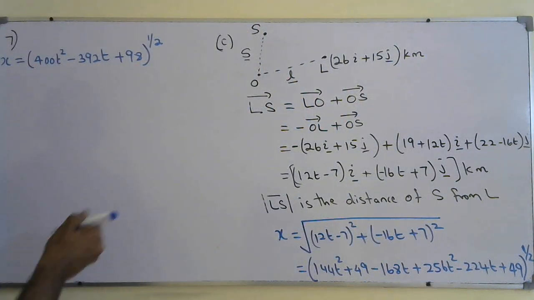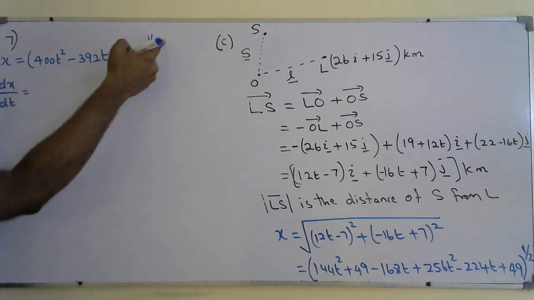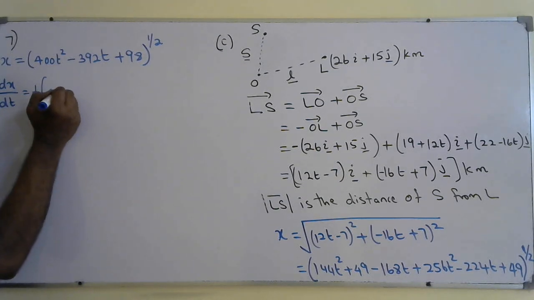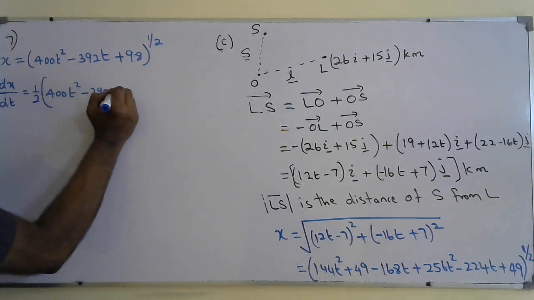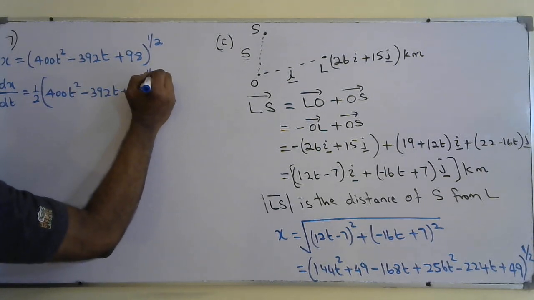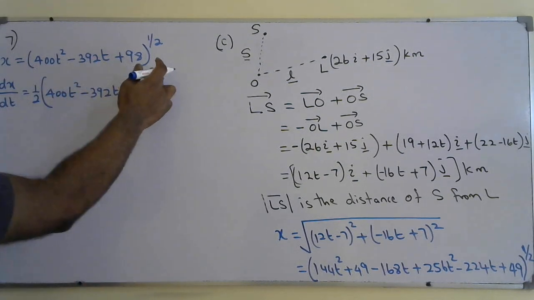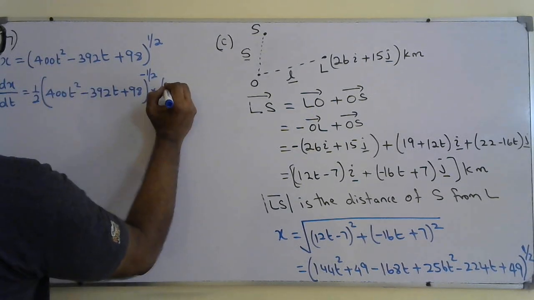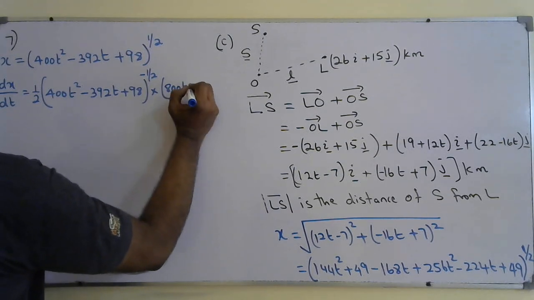Okay, so dx over dt, we will take it. dx over dt is going to be half into 400t squared minus 392t plus 98 to the power minus half, into differentiate inside. So minus half, so it's going to be the denominator. Now this is the important part: if you differentiate here, that is 800t minus